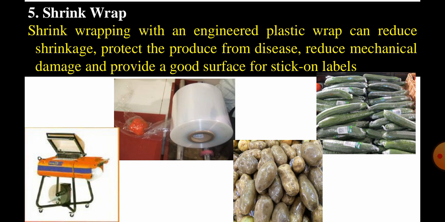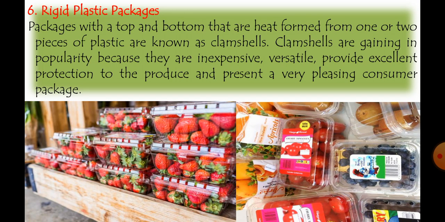In this method, vegetables are wrapped in heat shrinkable plastic film. The main advantages of film wrapping of vegetables are that it reduces weight loss and extends shelf life, reduces chilling injury, minimizes vegetable deformation, and reduces decay by preventing secondary infection of packaged produce. These are some of the advantages.